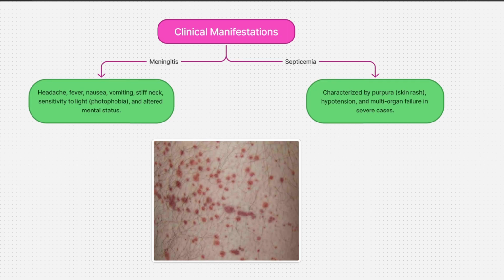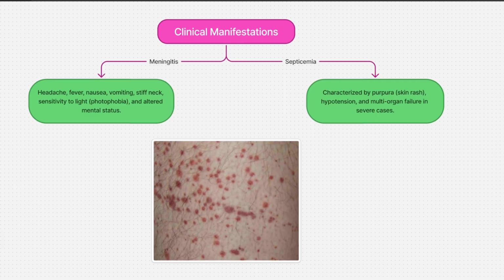These symptoms grouped together can be referred to as meningism, which is headache, fever, nausea, vomiting, a stiff neck, and photophobia, and an altered mental status. These are for meningitis. And for septicemia, it is characterized by a skin rash, by purpura, hypotension, and multi-organ failure